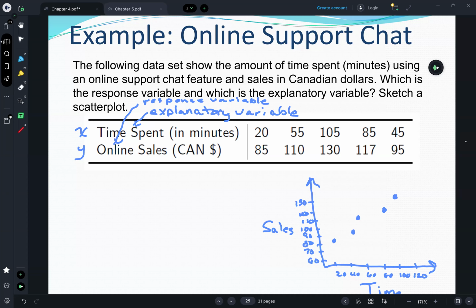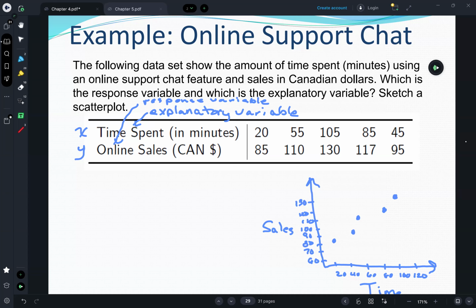Third customer spent 105 minutes on the chat feature and ended up spending $130. The fourth customer ended up spending 85 minutes and then went on to spend $117. And finally, the fifth customer spent 45 minutes and then went on to spend $95. So looking at this,